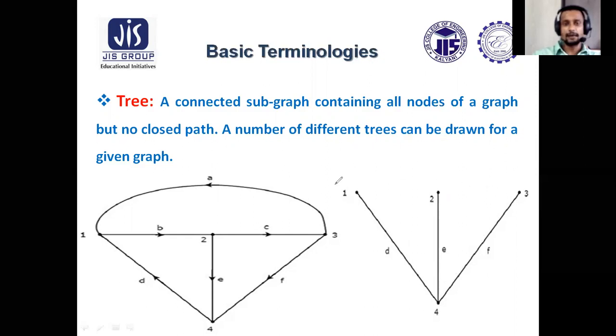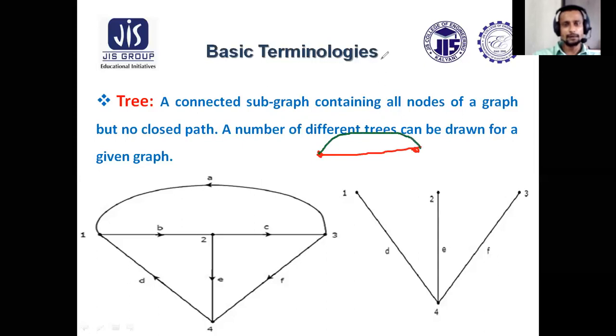For a particular graph, different trees can be obtained. Okay, someone can choose these 3 branches for the tree. Someone can choose other branches of the graph to form a tree. So it's up to you which branches you choose. So for a particular graph, a number of trees can be obtained. Now, what should be the number of branches of a tree? See, suppose you have 2 nodes. So 2 nodes should be associated with at least 1 branch. If these 2 nodes are associated with another branch,